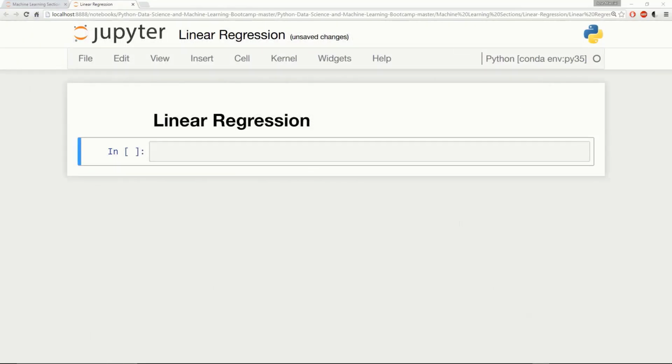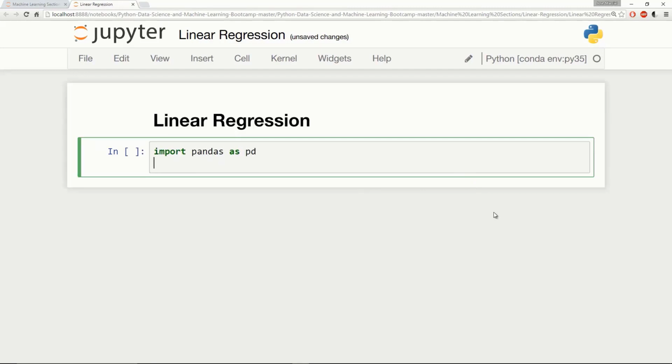Alright, here I am at the Jupyter notebook. Let's go ahead and get started. First thing we need to do is our imports. What's going to happen is we're going to say import pandas as pd, and we're going to say import numpy as np,